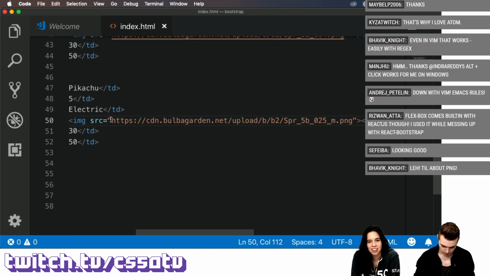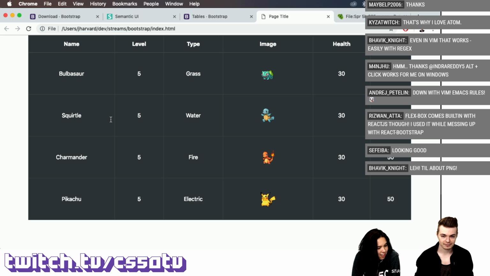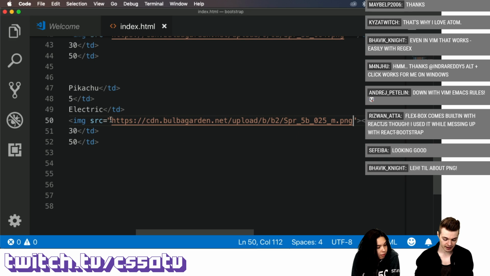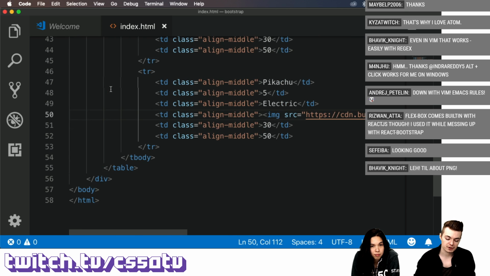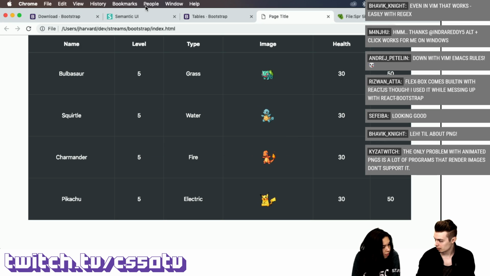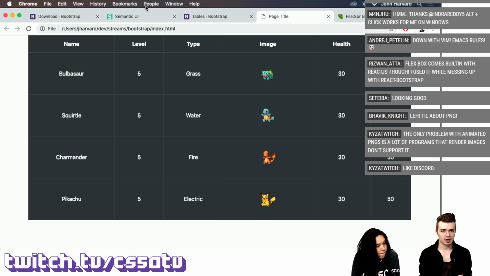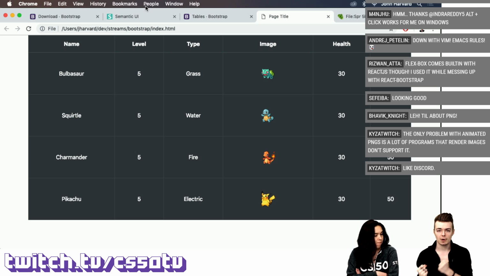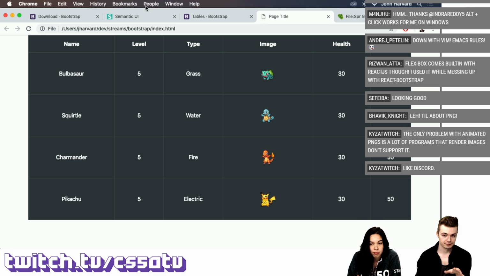All right. So now we have a pretty fully fledged little Pokemon. We could say this is maybe my active party, because eventually we do want to have health bars and XP bars. So I think we'll end up doing that and resizing the table as needed. But one of the first things we should do is start looking at some of the components, diving back into the Bootstrap docs. Now that we've used the table and made it look okay, we can look at some components, figure out what we can take and put into our page, and then come back here and finish it up. The only problem with animated PNGs is a lot of programs that render images don't support it, like